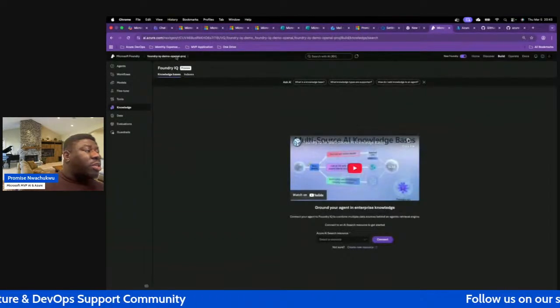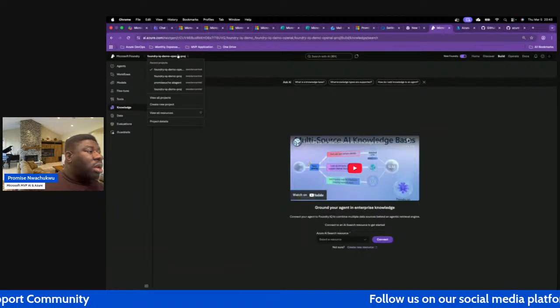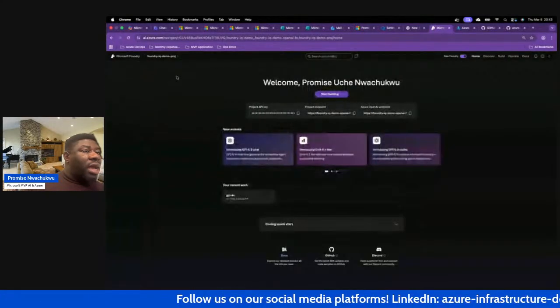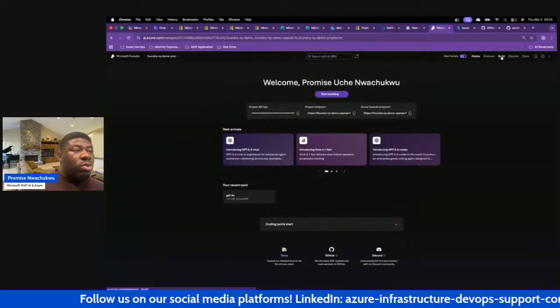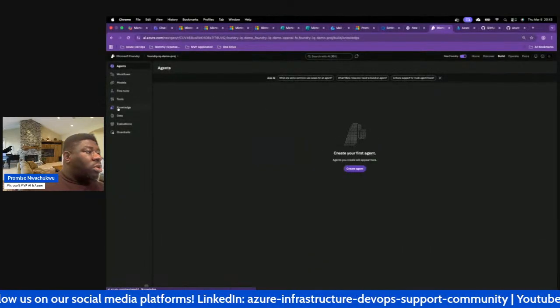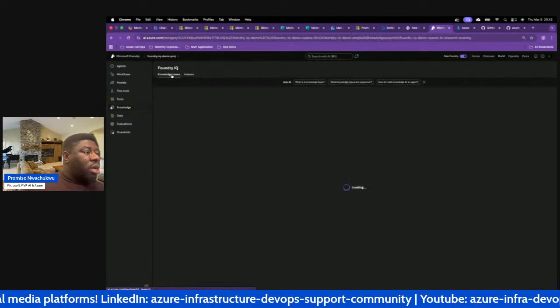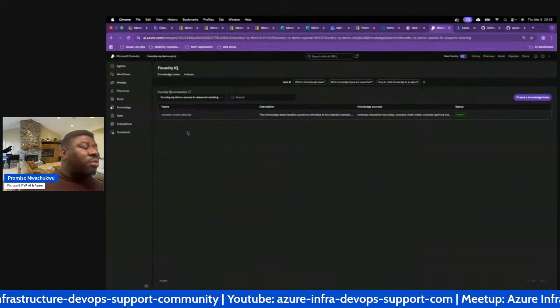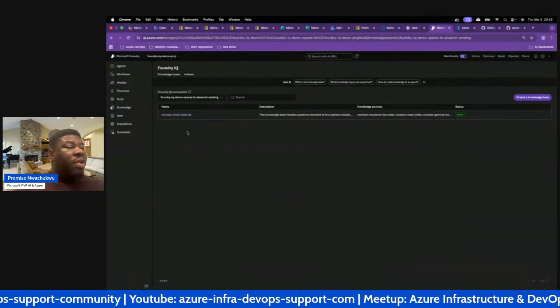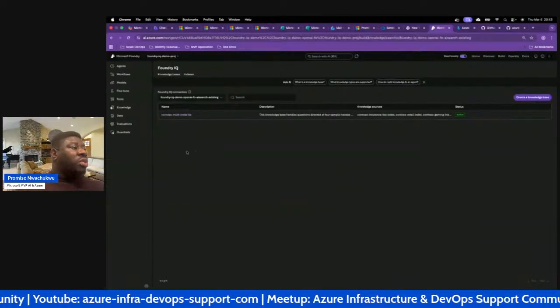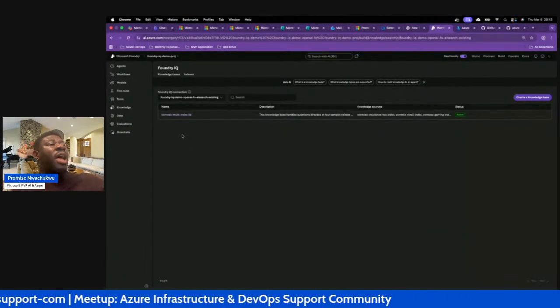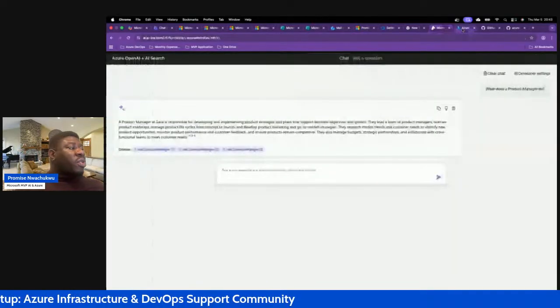I think it is based on the project I've chosen. Let me see if this has this. Come to build, come to knowledge. Okay, I wanted to show you. Good. So you see this knowledge area, the knowledge base, which you see here. This knowledge base is from the Azure AI Search. So if you look at this here,